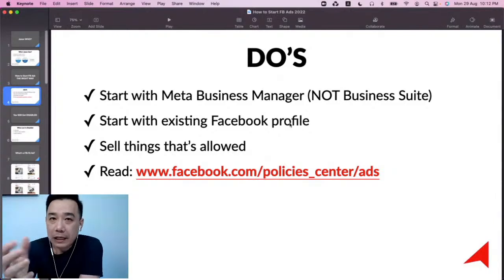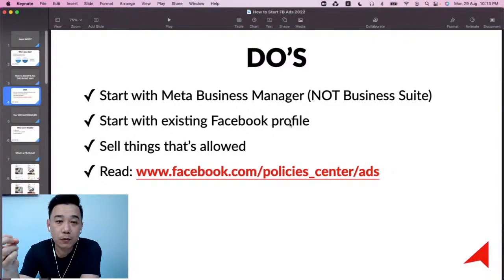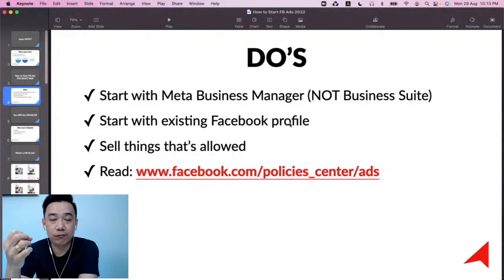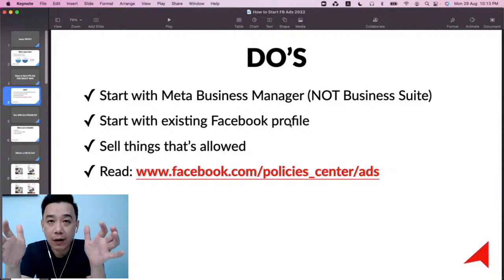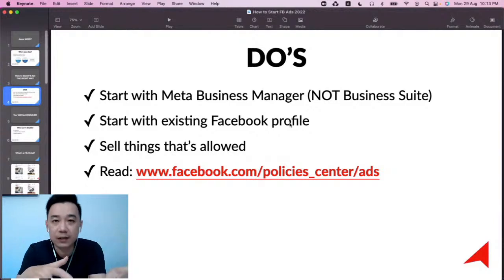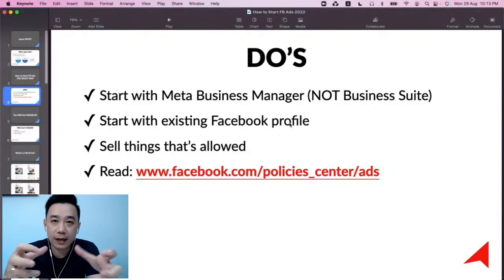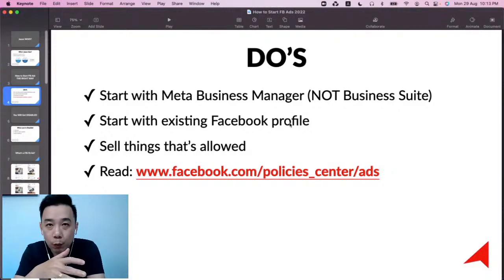What most companies or organizations do is, when they want to start doing something on Facebook, they create a fake account, as in a profile. They either create a new email address and then register a new profile on Facebook. Then after that, they start creating a Facebook page with it, creating Facebook ads manager with it, and start running ads. And they believe this is the right way. Now, the answer is no.